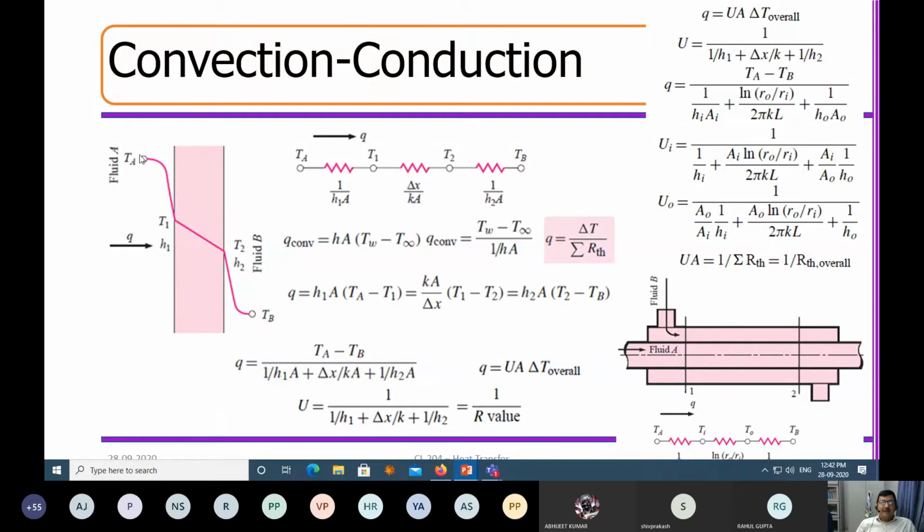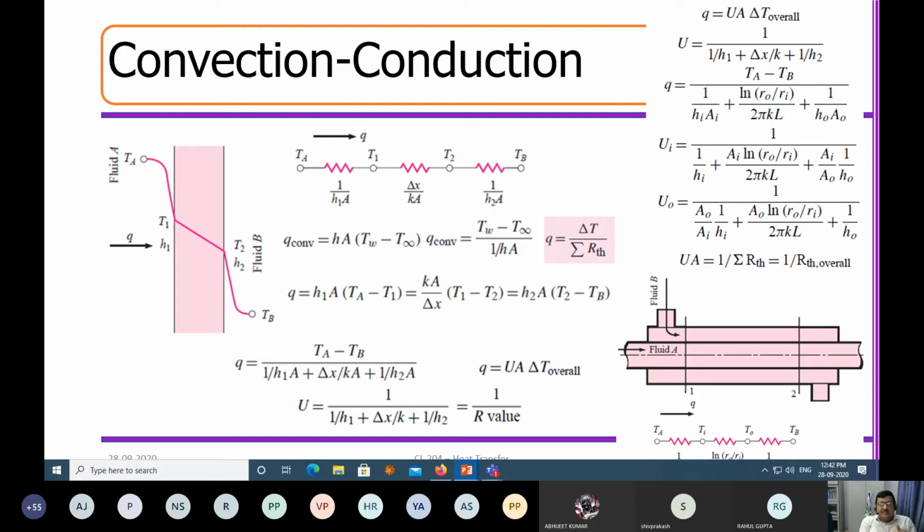Okay, so once you write this, you are not really bothered about what is happening locally, but if you take into account all the local parameters related to area, heat transfer coefficient, thickness of the pipe and all, you will be able to really get the total. This is where the engineering practices come into picture, because it's very difficult for me to go measure temperature at the boundary layer. Whatever heat transfer is taking place inside the heat exchanger, I want to evaluate from outside without getting into it too much.